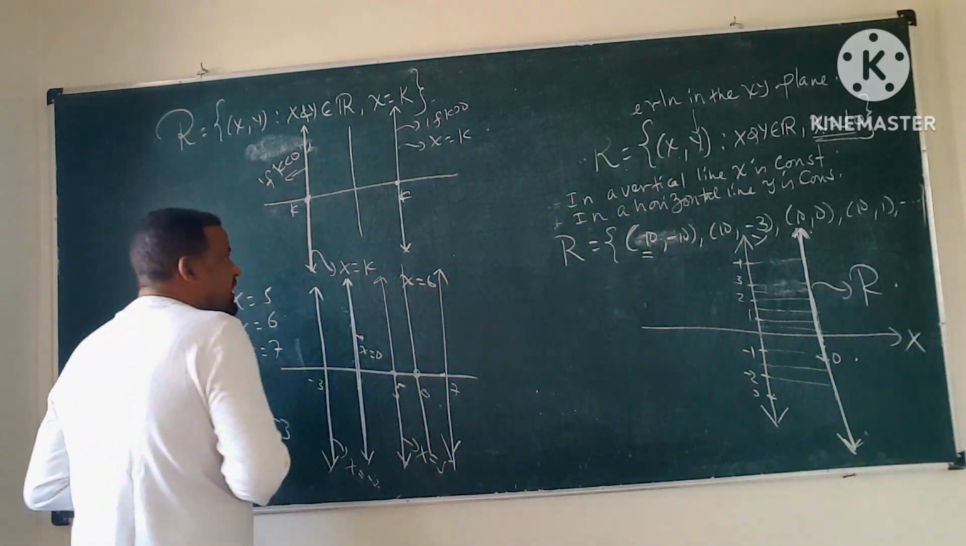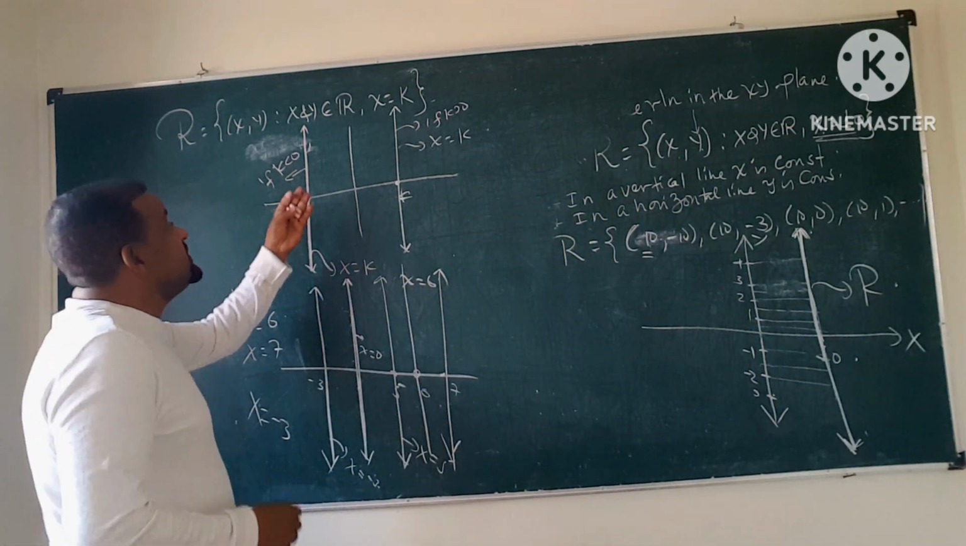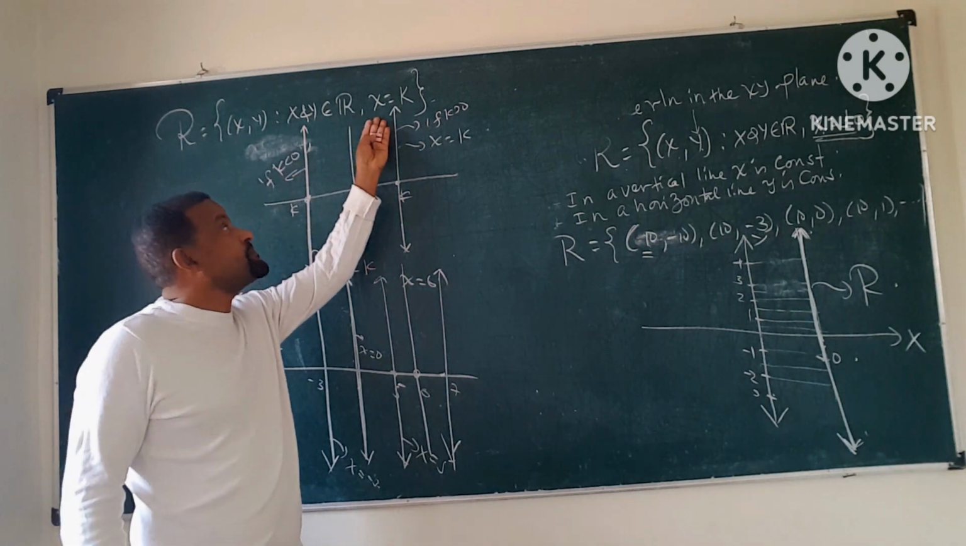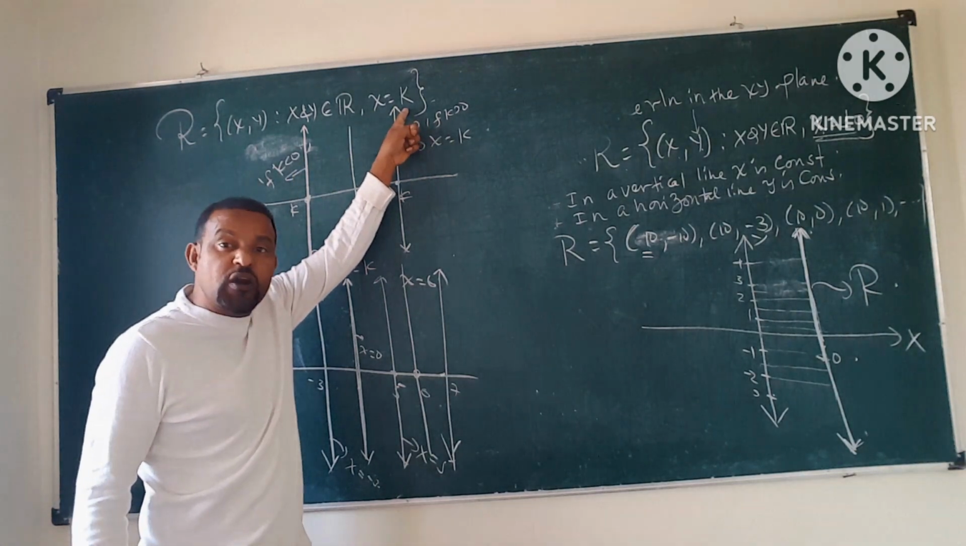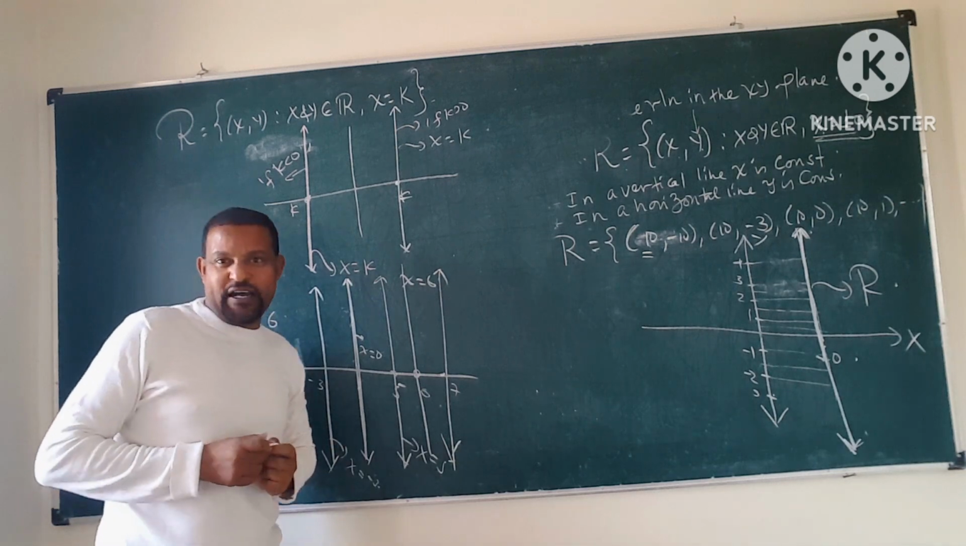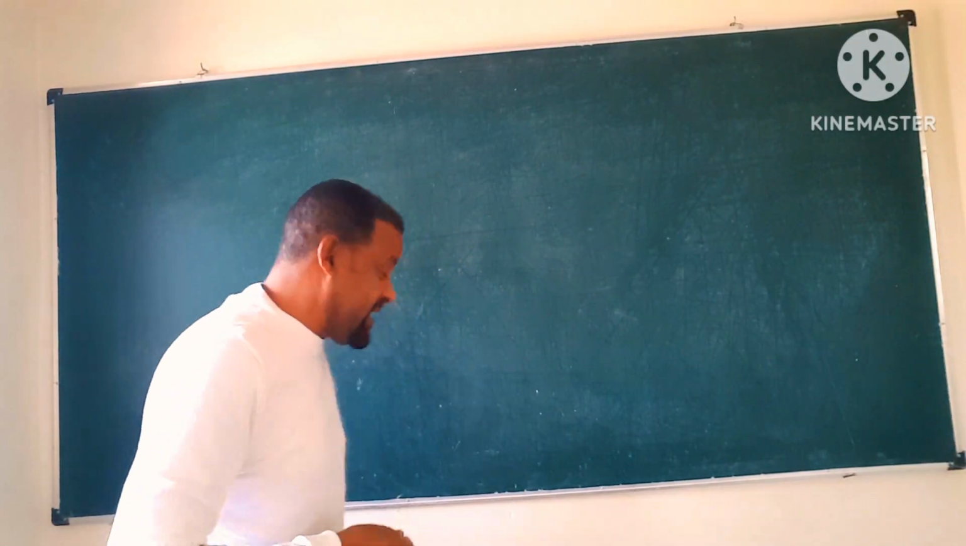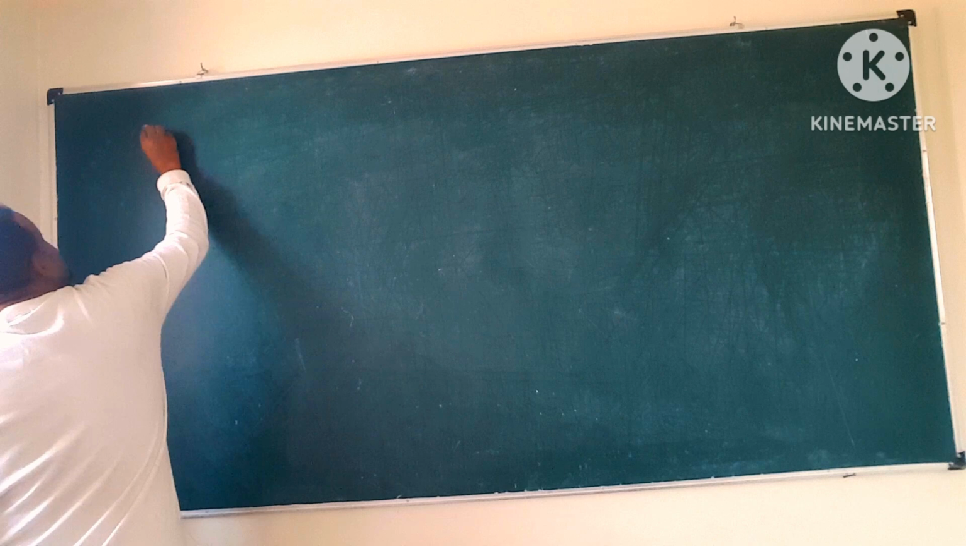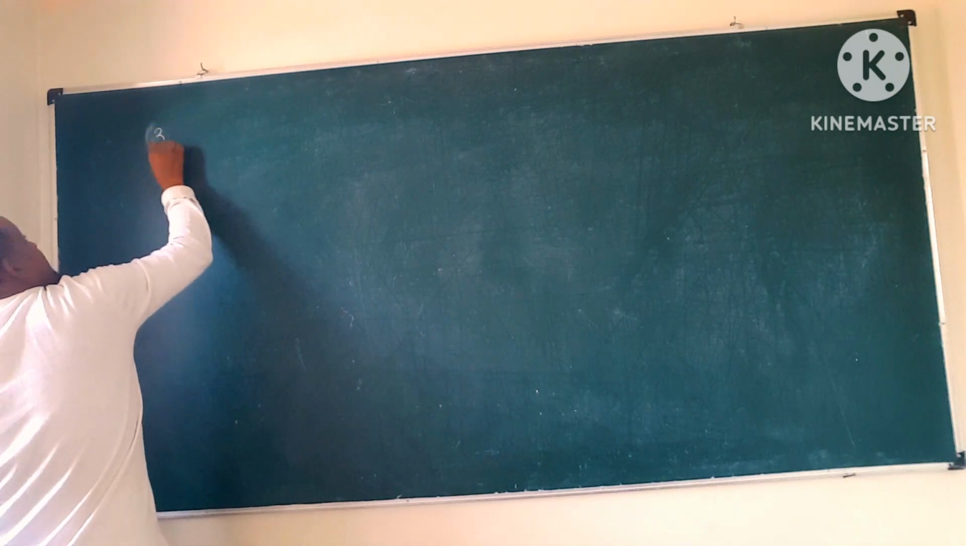The graph of the vertical line, x is equal to 0. This is for vertical lines. Y is equal to k ከሆነ ምን ይሆናል? Horizontal lines ይሆናል ማለት ነው። So when y is constant like this, look, the third example,